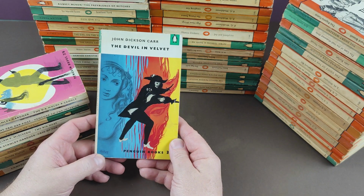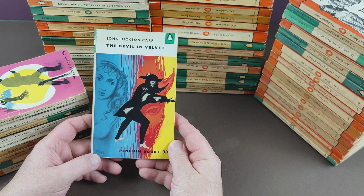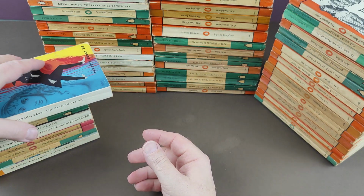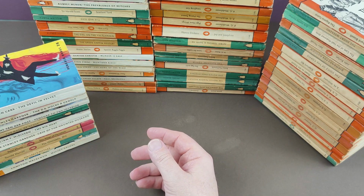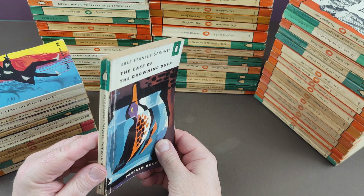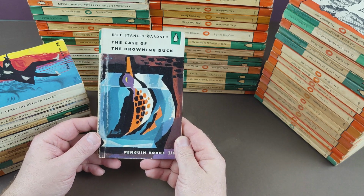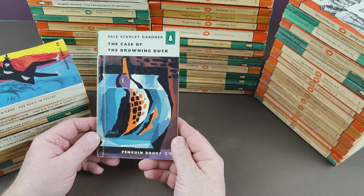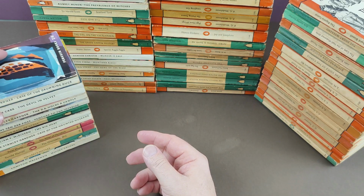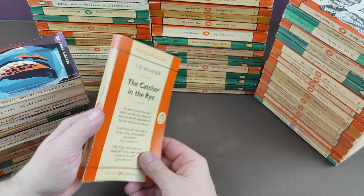1242, The Devil in Velvet. John Dickson Carr, cover by McKay. Just a couple more. 1236, or is it 1246? The Case of the Drowning Duck. Erle Stanley Gardner again. And the last one we'll look at today, closing out this particular run, is 1248, which